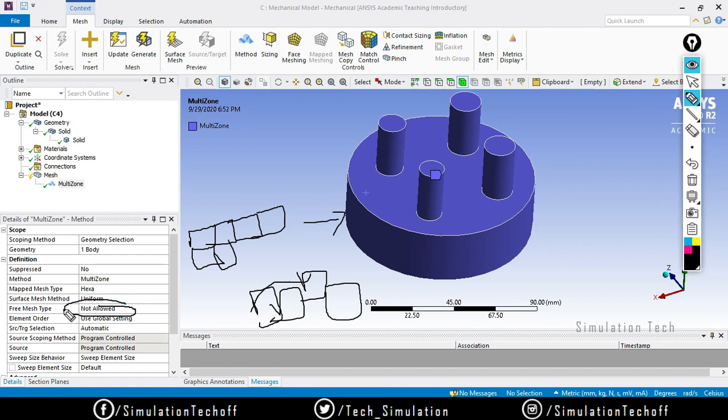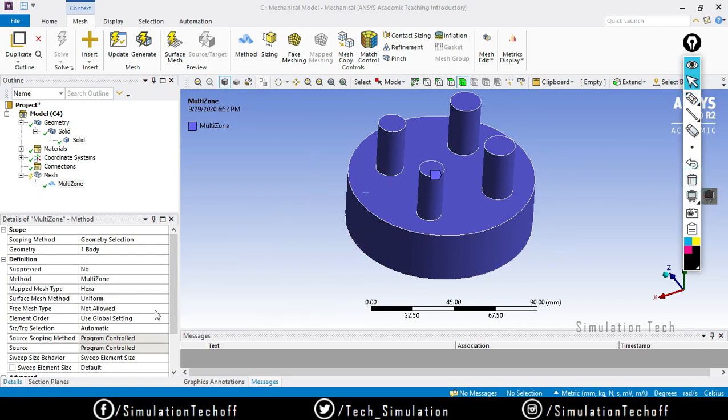Free face mesh type is for the volume. This is for volume, so right now it is not allowed. So I will switch over to what type of mesh you need in the volume. Either you need tetra or tetra prism, or you have two hex options, one is hex dominant and the other is hex core.